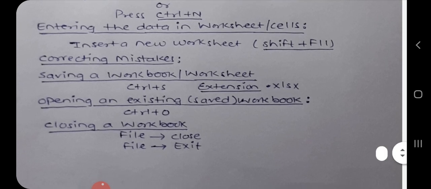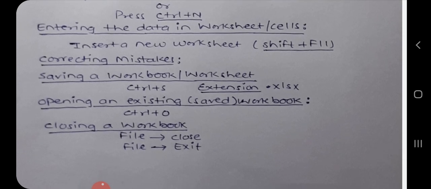Next one is opening an existing or saved workbook. You may open an existing or saved workbook when you need to view or do some modification in it. Step 1 is click File, Open or press Ctrl plus O. Next step is click the open button.